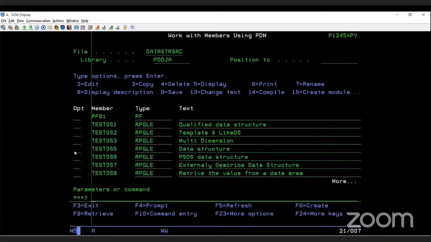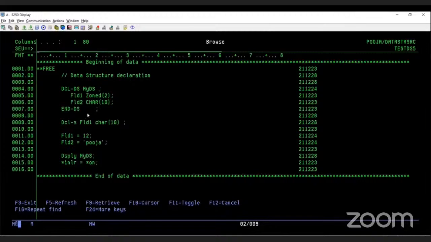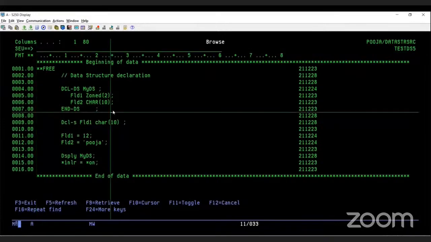And now we will see how we can declare a data structure. So this is a data structure, and these are the subfields of this data structure. So we can access these particular fields directly in the program. And I create a standalone variable with the same name as the subfields. So here you can see I assign the value in field 1 and field 2, and we will display the